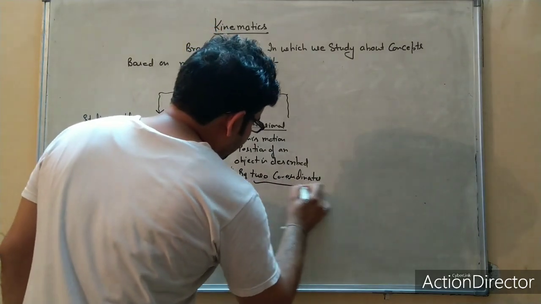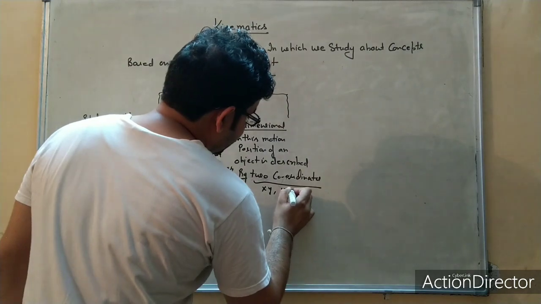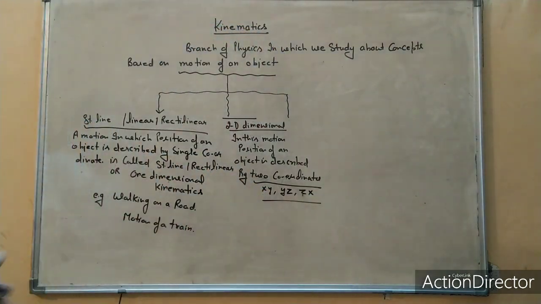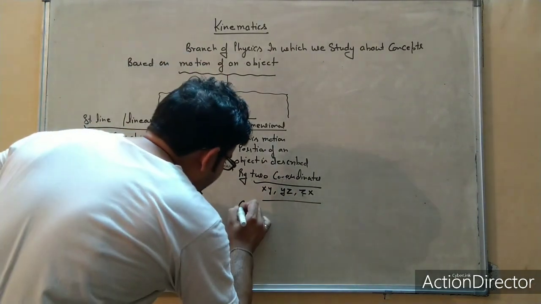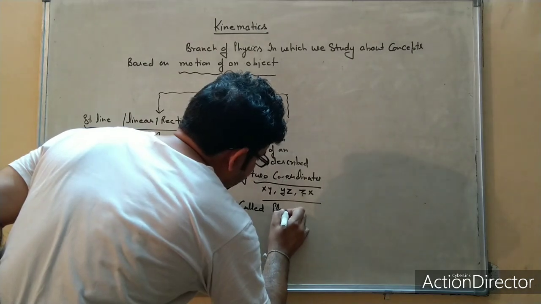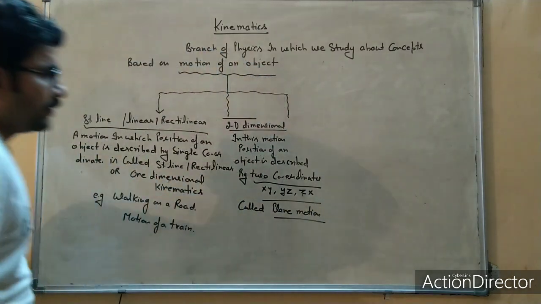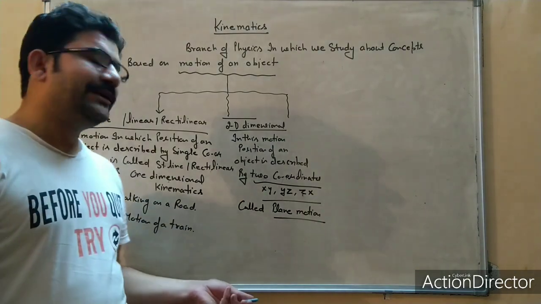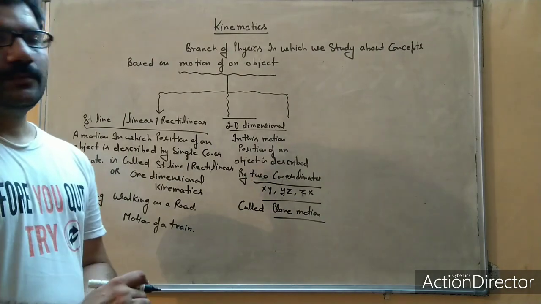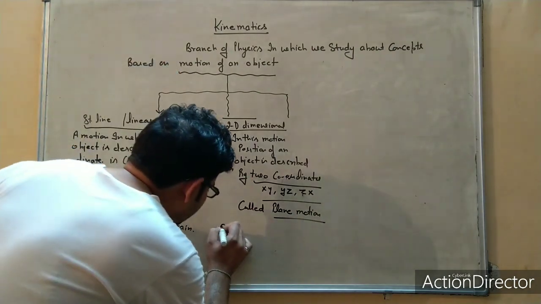Maybe that is xy, yz or zx. One more thing it is called is plane motion, because in two-dimensional motion two coordinates are helpful to describe the exact location of a body, means we are studying a plane. In a plane, for example,